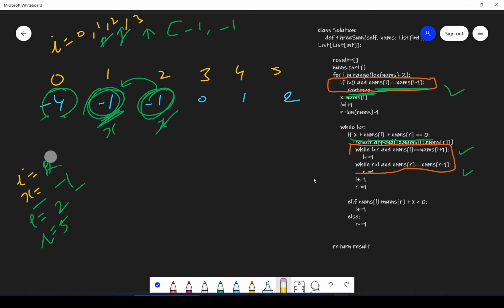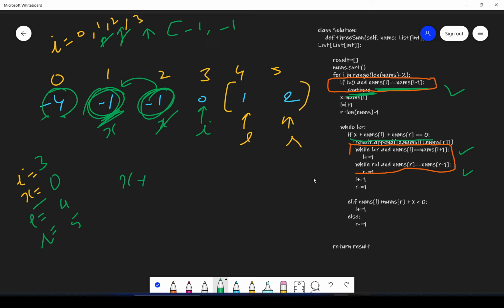So let's do for I equal to 3. So I will come here, and this will be your L and this will be your R. That is, x is 0, L index is 4, and R is 5.